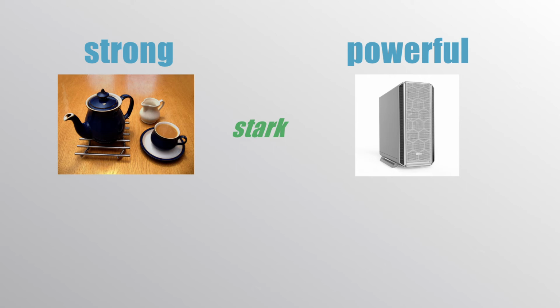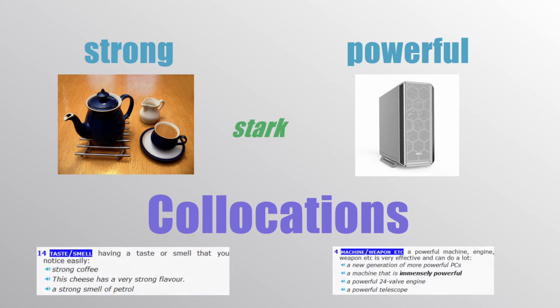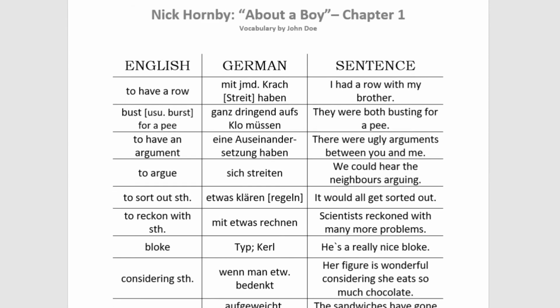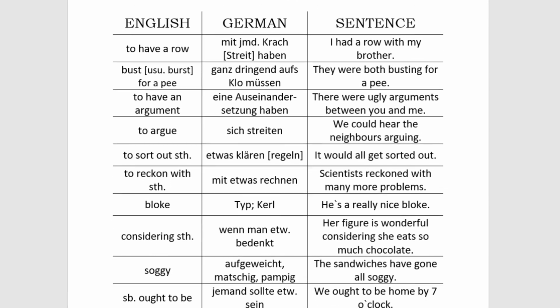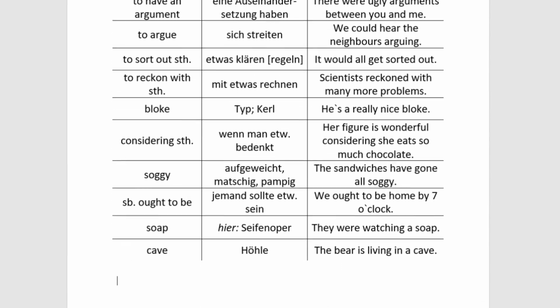These kinds of word combinations are called collocations, and you will often find them in a monolingual dictionary. The problem with collocations is that they occur by chance. There is no system behind it. This is why you have to learn them. And a monolingual dictionary helps you with that. Now, if you have to create a vocabulary list for an English class, it makes sense to put collocations on that list. Also, use the given examples for the sentences you have to put in the list. Modify them a little if you like.